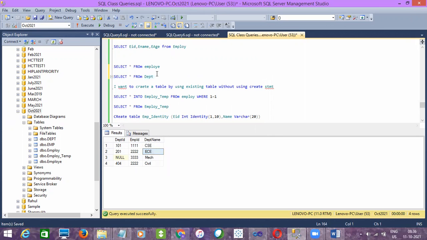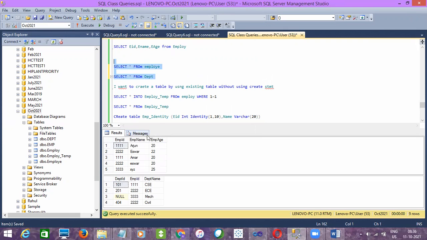So now my requirement is, if I execute both at a time, the employee table has employee ID, employee name, and employee age. The department table has department ID, employee ID, and department name, right?